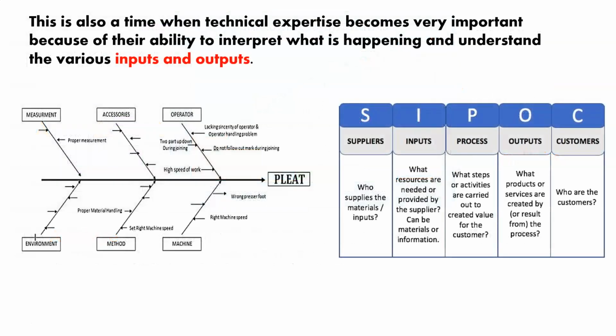Now, this is also a point where you're going to want to get some of the technical expertise involved. Now, they've been involved since the beginning. You needed them when you did your Gemba walk, when you set your value stream map. But one thing that becomes really important, as you've seen in some of your case studies up to this point, is that the technical expertise really helps you with these other tools, things like the Ishikawa diagram or fishbone diagram,